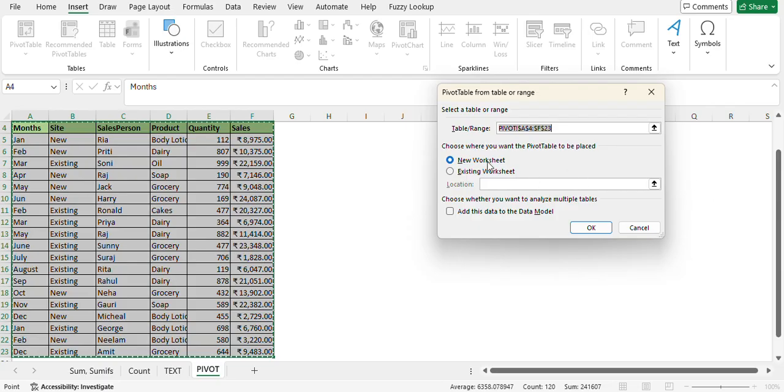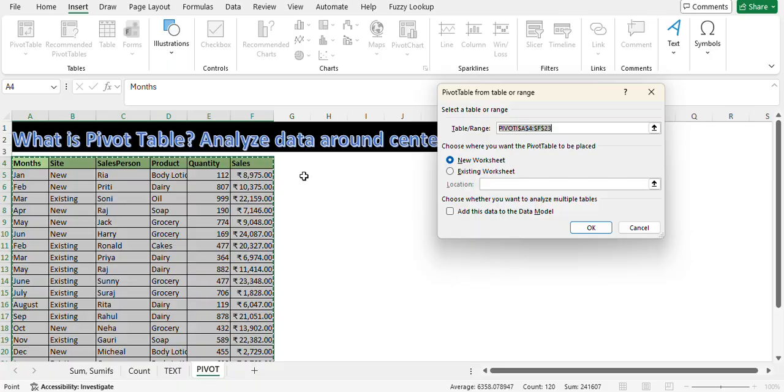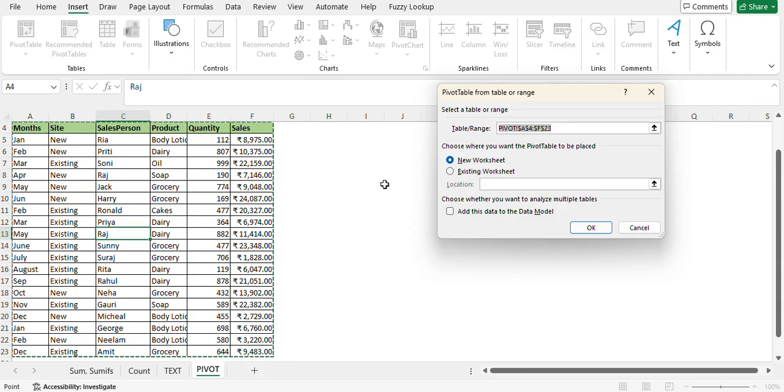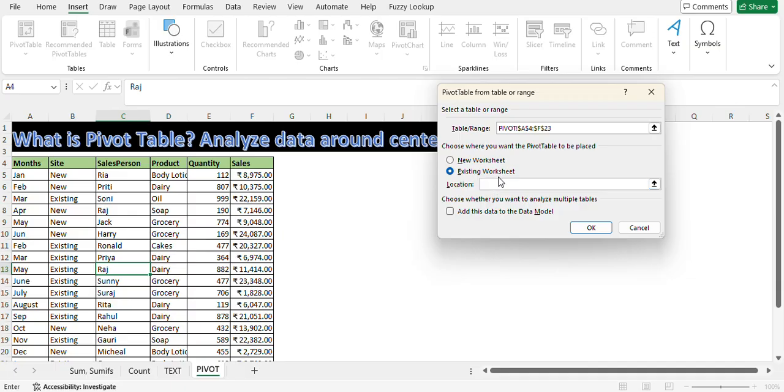Now where you want to create this table, in a new sheet or existing sheet? So let's create this pivot table in the existing sheet somewhere here. Okay, existing sheet. Wait, we will select this option once again. I'm selecting. Okay, click anywhere and pivot. Just click anywhere. Once you select the option as pivot, Excel will automatically select the table. Now the table got selected in the existing sheet. So existing sheet, click under this tab, text box, and then you can click where you want to create the